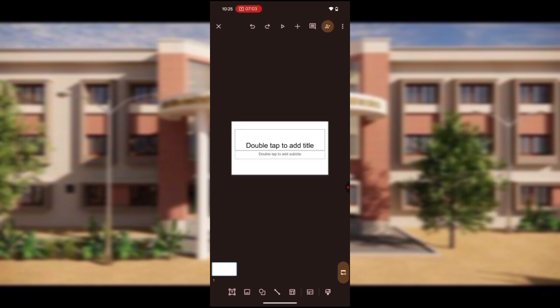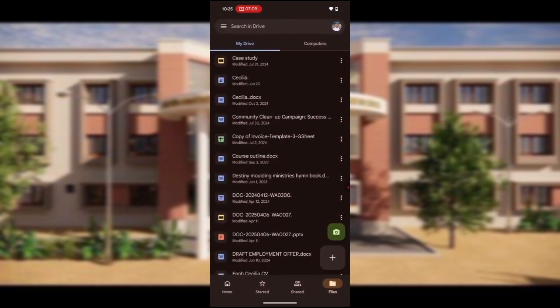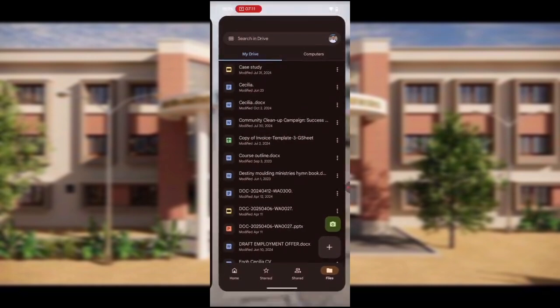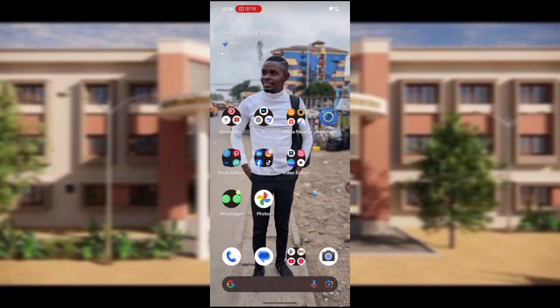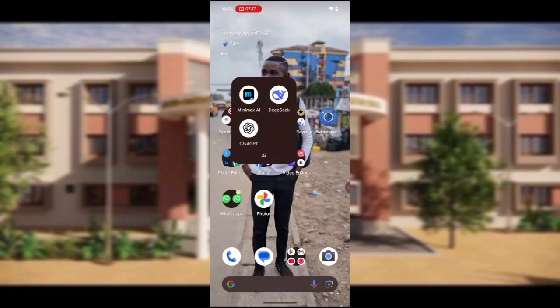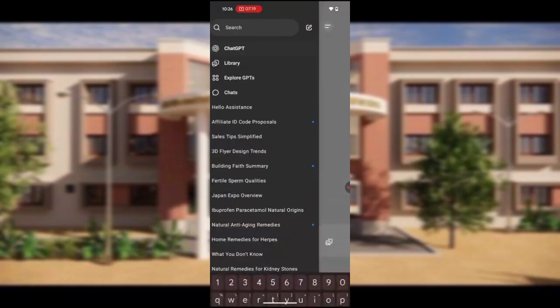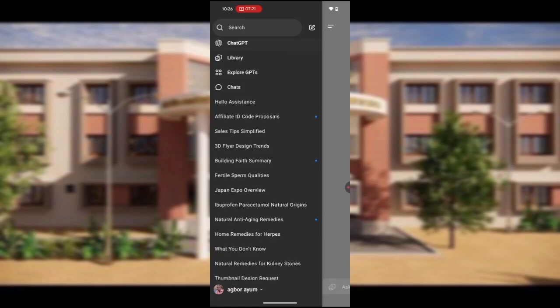As you can see, you can just add your templates, add the things that you want, and you create your PowerPoint. Very simple. You can also read PowerPoint documents. I had an Excel document which I created on ChatGPT,